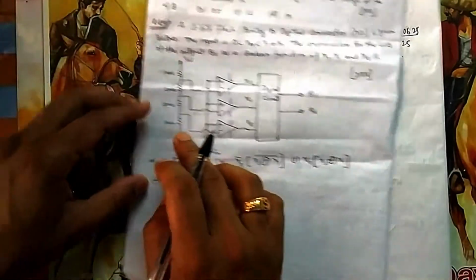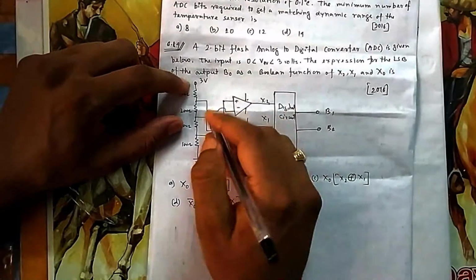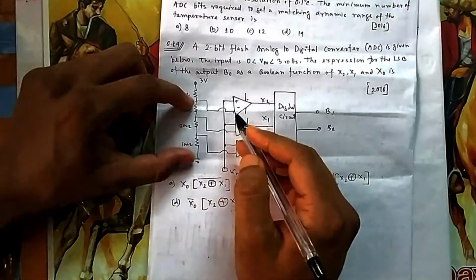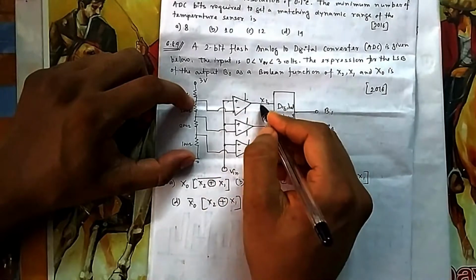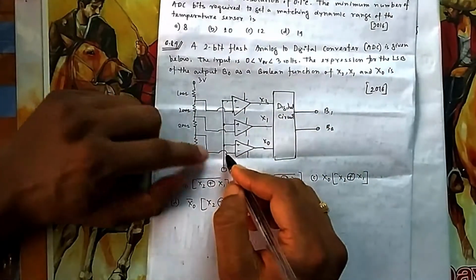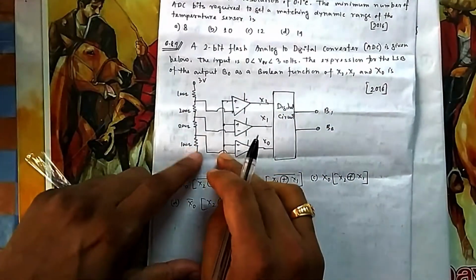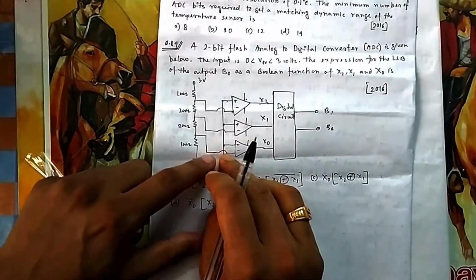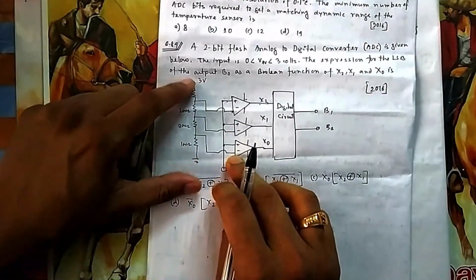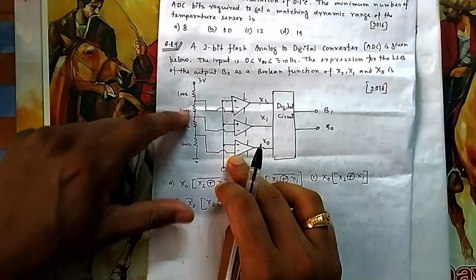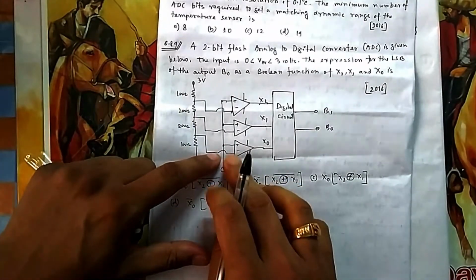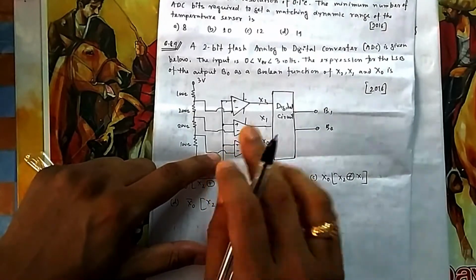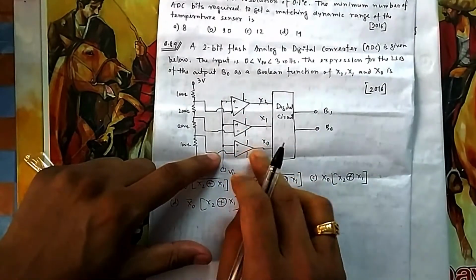So this is the lowest voltage that you got. Here you can see this comparator gets the highest voltage, so the highest portion is compared here. So it becomes your MSB, and this is the lowest portion, because you can see this is measuring the lowest value. Suppose it is V3, so it is V3 by 6. First it will be checked with your 0.5. If it is greater than 0.5, then this will be made 1. So this is the lowest.